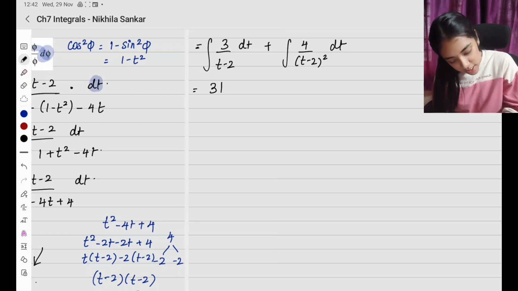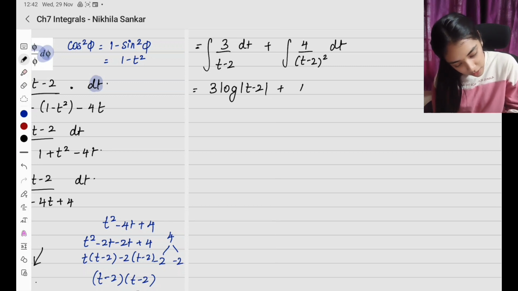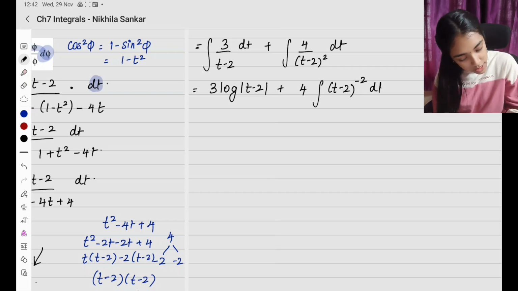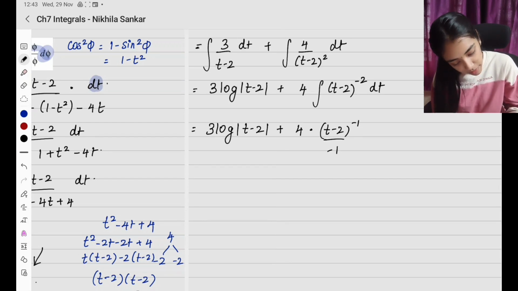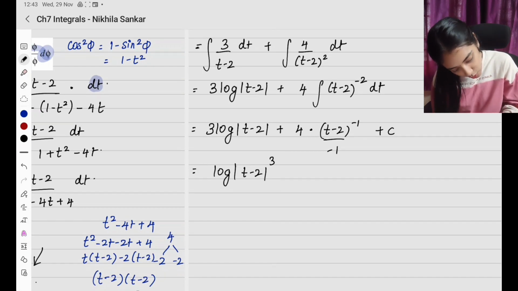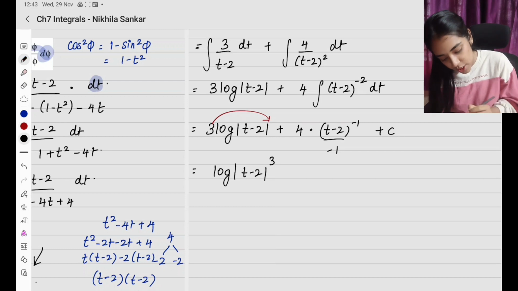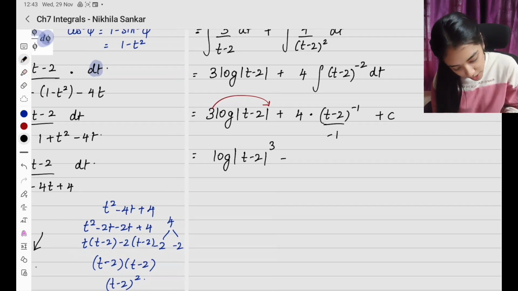So now 3 is a constant. I have log mod t minus 2 plus 4 is a constant. போன question மாதிரியே தான். So integral t minus 2 to the power minus 2 times dt. So this is going to be 3 log mod t minus 2 plus 4 times என்ன வரும்? t minus 2 to the power minus 1 divided by minus 1 plus c. So this is going to be log mod t minus 2 the whole cube. I am taking this 3 to the power. You can also leave it like that or you can take it to the power, whichever is okay. Minus 4 divided by t minus 2